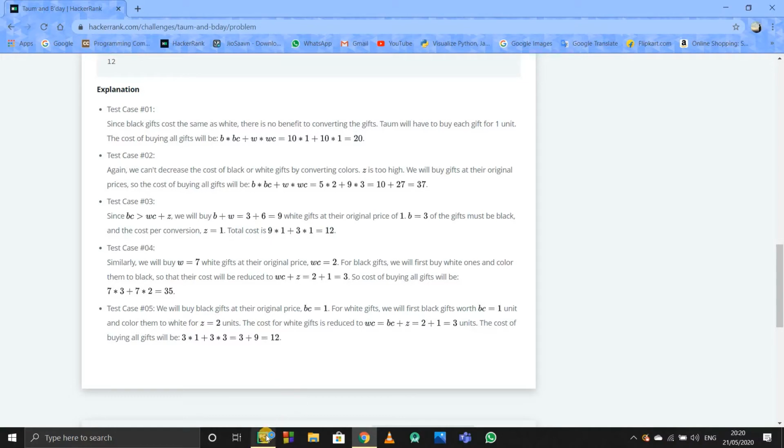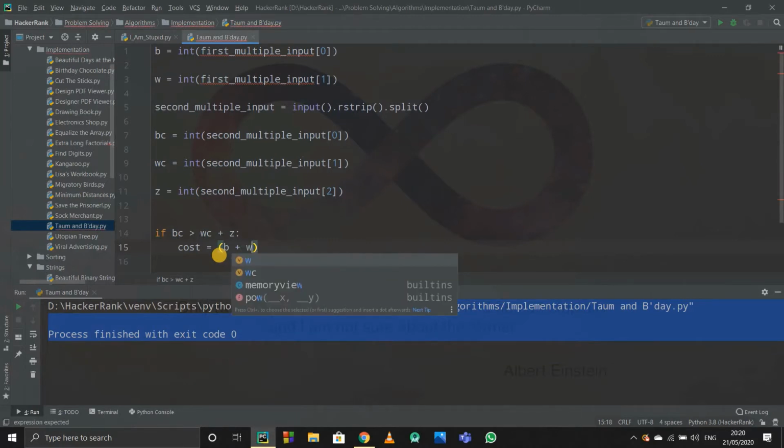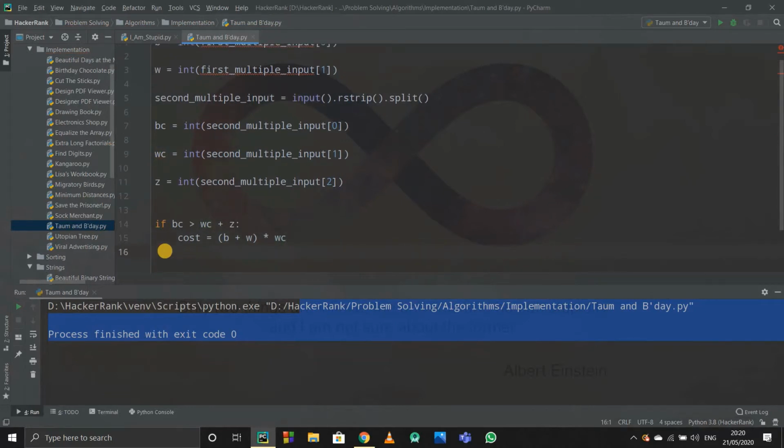So first of all, I'll write it in the code. I'll use an if statement. If the cost of black gifts is greater than the cost of white gifts plus z, then I'll simply write cost equals to, first of all I'll buy all the gifts, right? I'll buy black gifts plus white gifts, and I'll buy them at the cost of the lesser one, which is white, so I'll multiply by the cost of white.